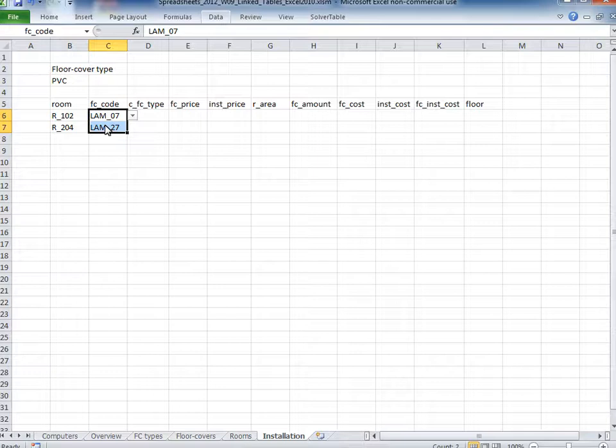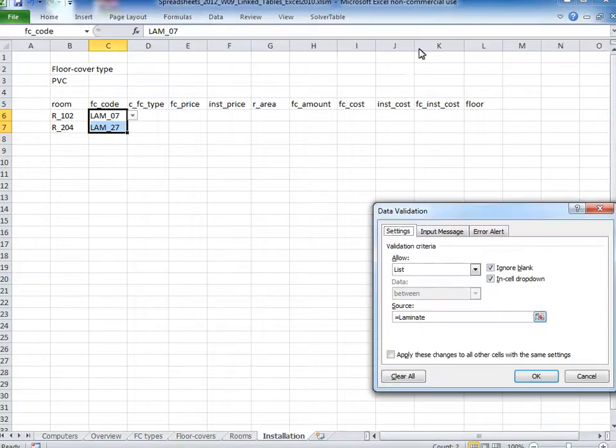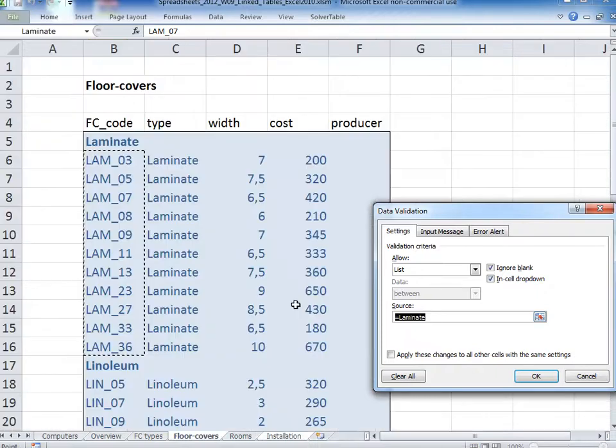which means that now we can go back in time and remember that there was a function called indirect. Let's use it here. It's like this, equals indirect,